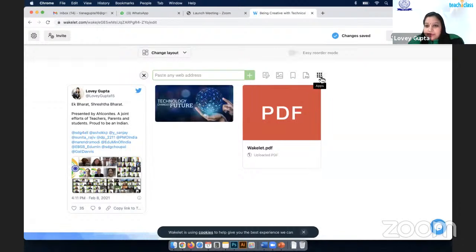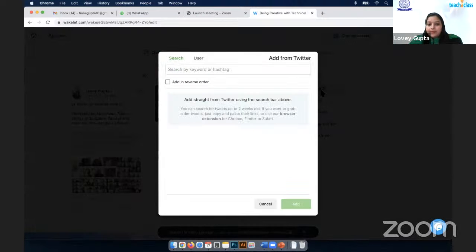I'm repeating the step again. Click on these small dots. The first icon is tweets. Either you can search by word if you want any generalized tweet, or you can add by typing a user. Suppose in Alcon we are using SDG for all. So I add that account,